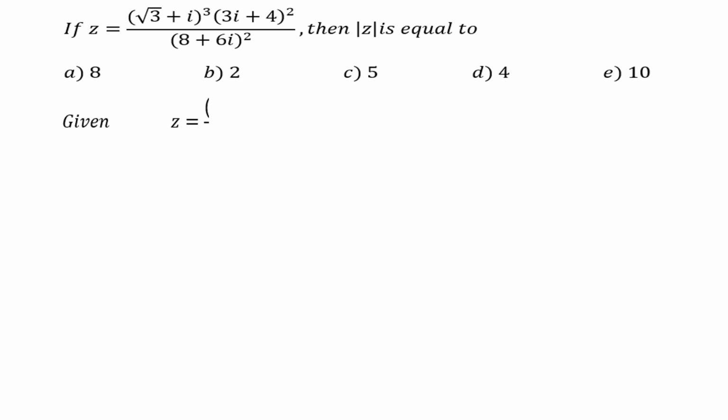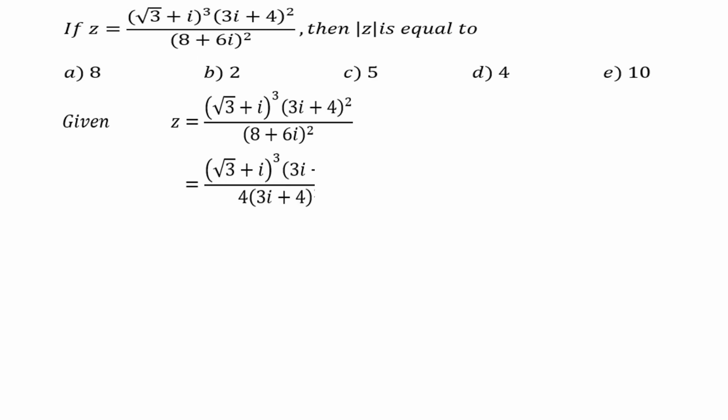Given z equal to (root 3 plus i) the whole cube into (3i plus 4) the whole square, whole divided by (8 plus 6i) the whole square. After taking the common factor 2 from the denominator, we get (root 3 plus i) the whole cube into (3i plus 4) the whole square divided by 4 into (3i plus 4) the whole square. After cancelling (3i plus 4) the whole square, we get (root 3 plus i) the whole